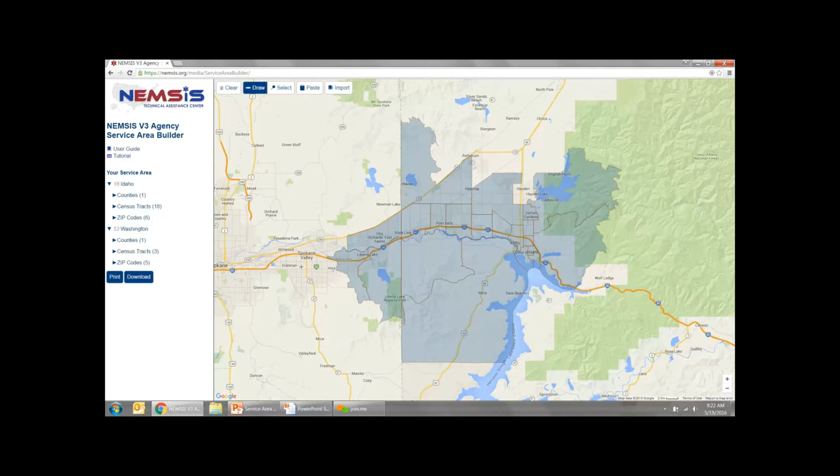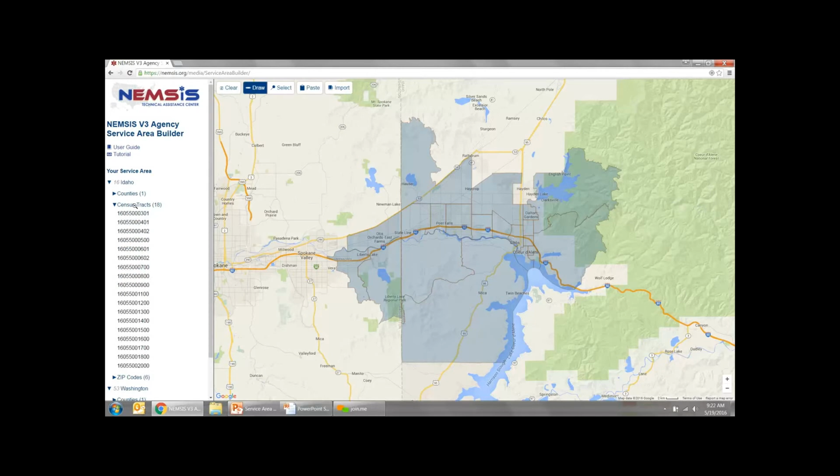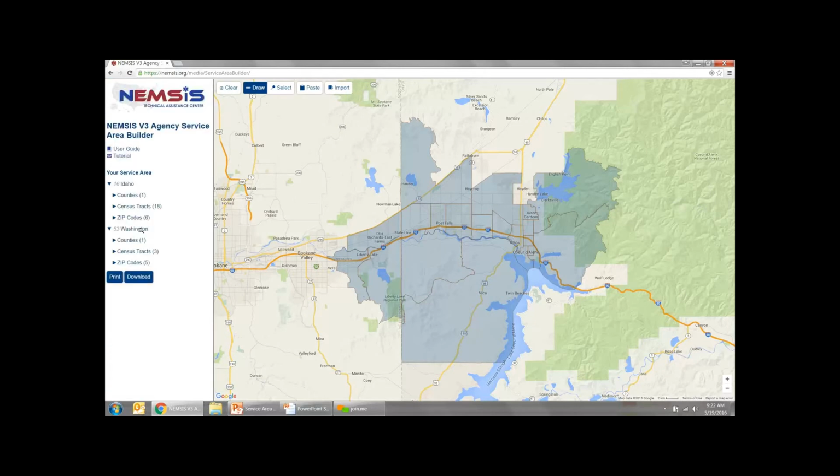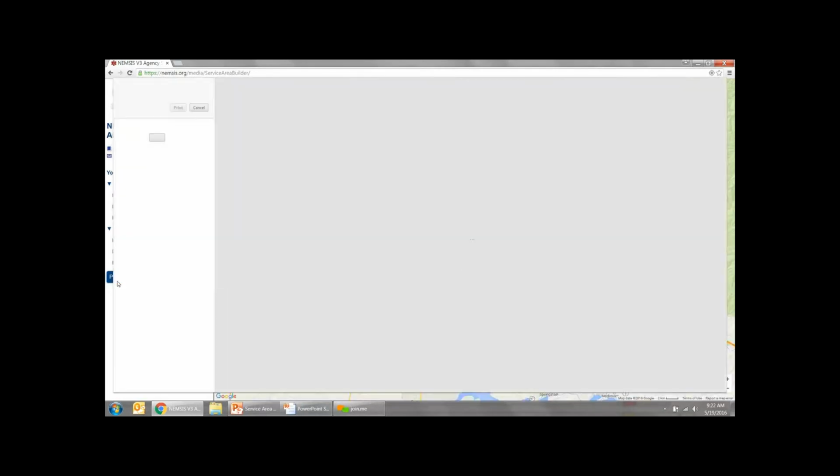All right, so I've got all this information, and I know that I can click to expand or shrink each of these lists over on the left-hand side. It might be a little tedious to see those on the screen. So we've provided the print feature so that you can get this all on paper or into a PDF, and then you can take it over to your EPCR system and enter it in. So if I click print,